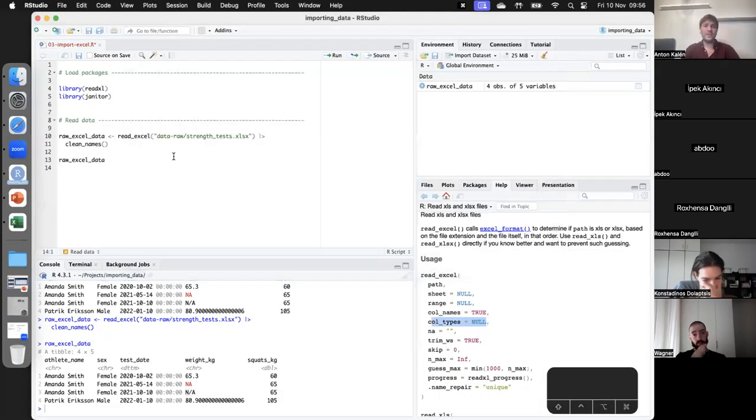So again, we can guess that it should be something similar. And here we say, yeah, NA. And here we see that the default argument for NA, the default option for the NA argument is just empty,